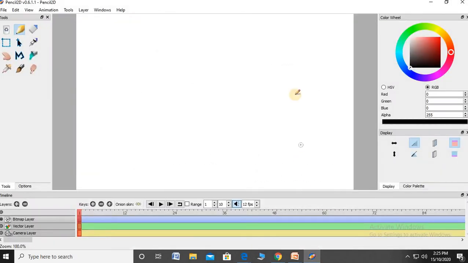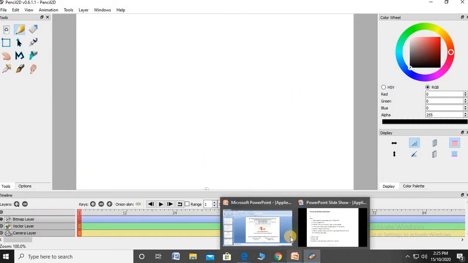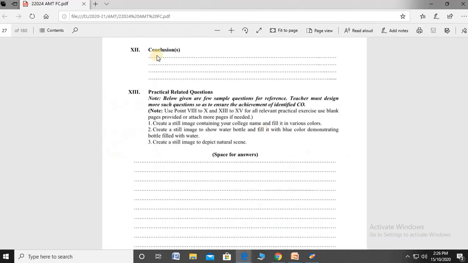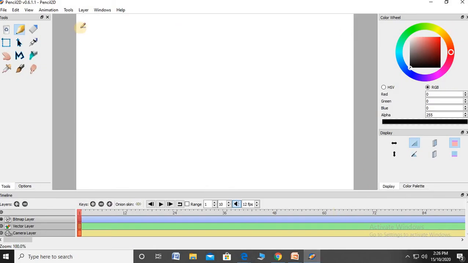Now to show how to create it: draw your college name, and it is to be colored, so you choose a color. First of all you select the pencil and the color, say pink. College name, okay?